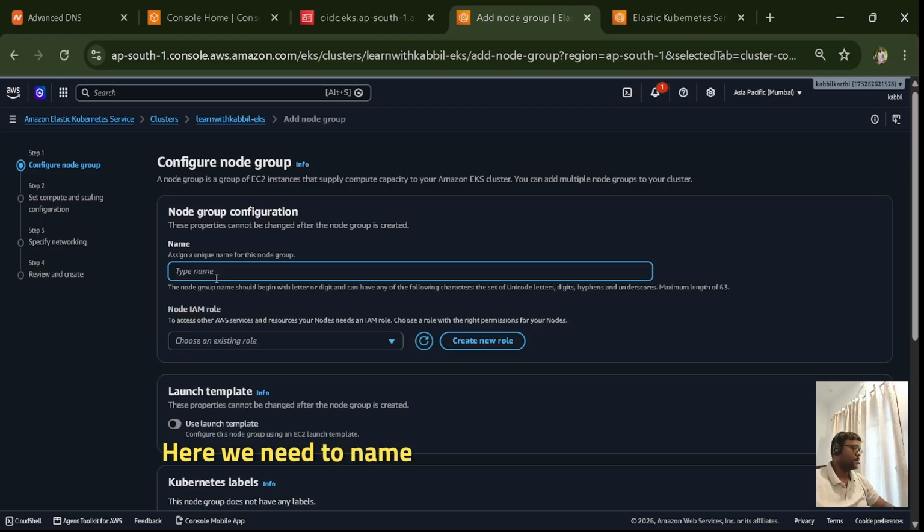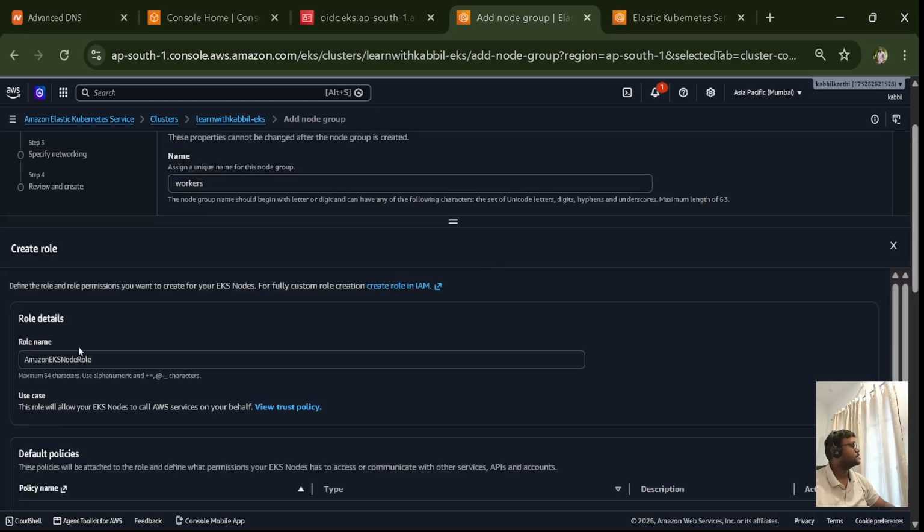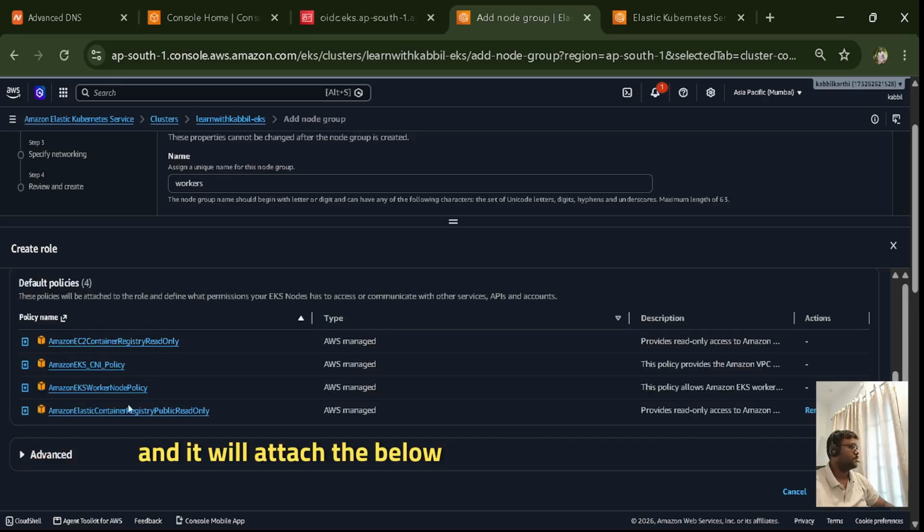Here we can name our node anything we want. I'm naming it workers. And I'm giving the node IAM role as EKS node role, which by default AWS will provide this role name, and it will attach the below policies to that particular role. Just create the role